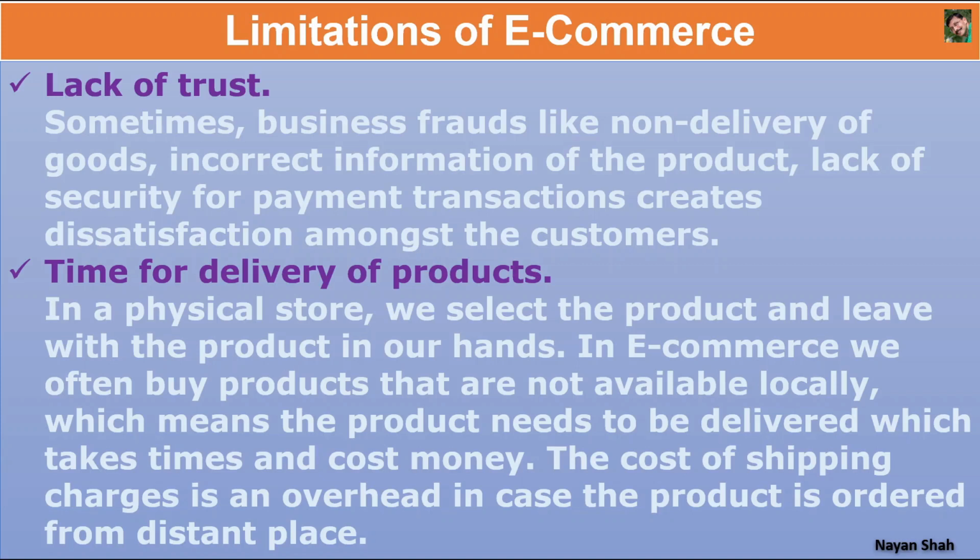Time for delivery of the product, we already saw that this is a limitation of e-commerce. Suppose today morning you come to know that in the evening you have to go for a function and you need a particular colored shirt, t-shirt or trouser or some cloth, with a certain color which you don't have, then you cannot go for e-commerce. You have to go for traditional commerce, because if you go for e-commerce it takes minimum 24 hours for that product to reach you. So time for delivery of the product is longer, whereas in physical shopping most of the time we come out of the shop with the product in our hand.